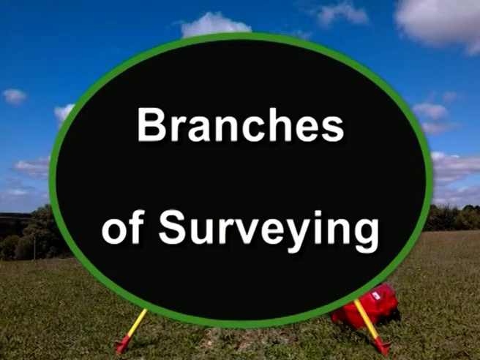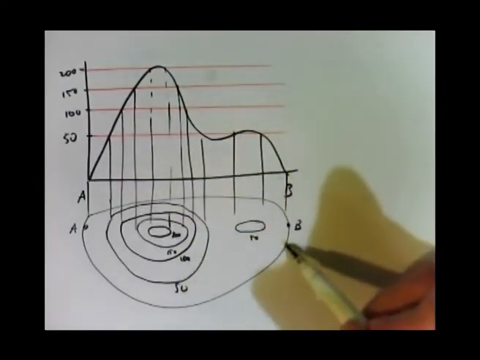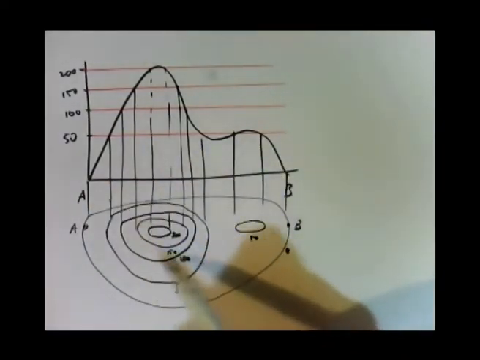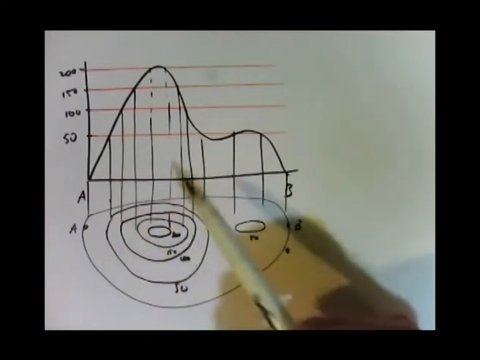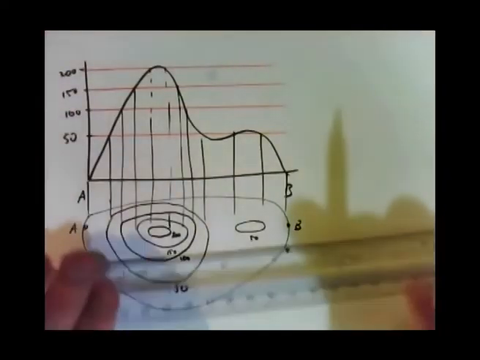Branches of surveying. Different branches of surveying require different field procedures and varying degrees of precision for carrying out the work. Topographical surveying. Measurements of natural and artificial features of the earth's surface and their relative positions and the fixing of heights and contours above a fixed datum, usually in order that a map of these features may be made: topographical maps.